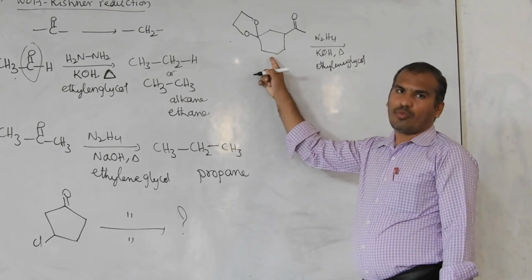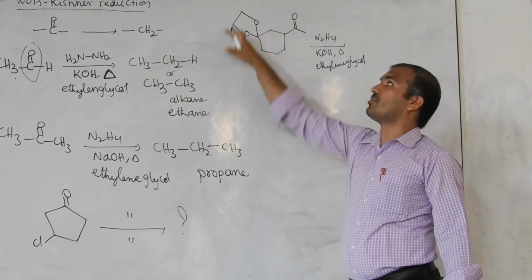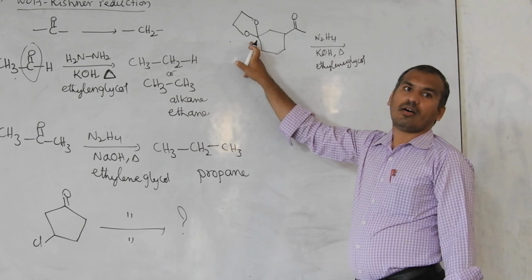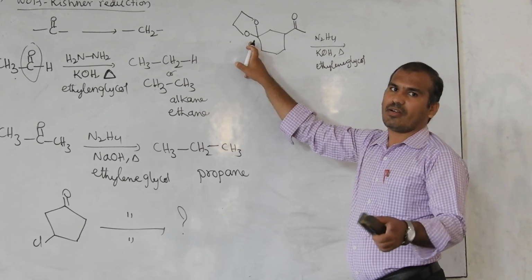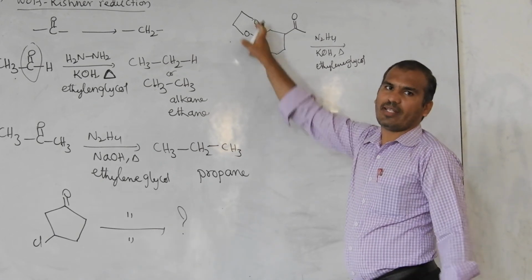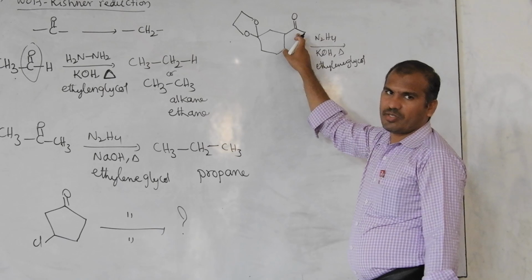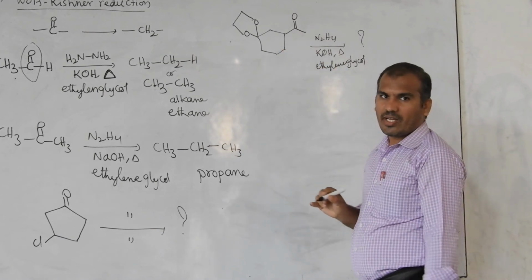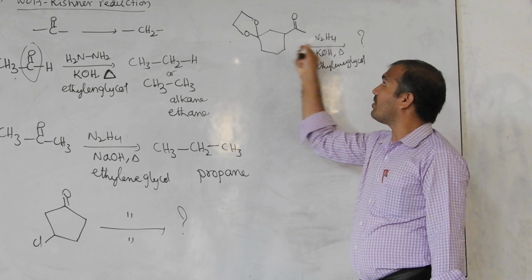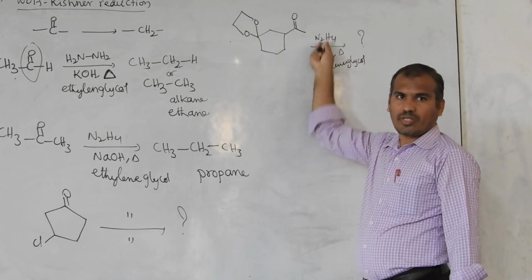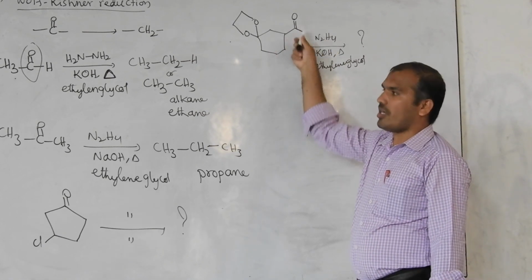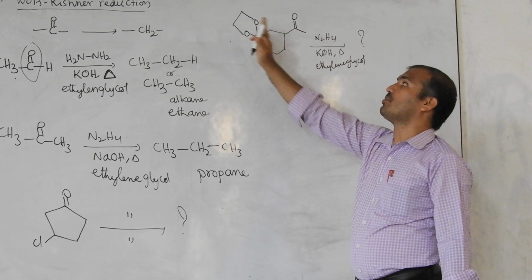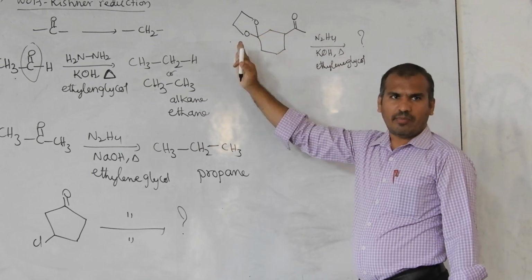Now, if compounds are like these, this form is what you call acetal. Already we discussed that an aldehyde or ketone reacting with alcohol forms acetal. Now this ketone, then what is the product formed? This form is reacting with this or not? Whatever the reagent given, this is already reacted to alkane. But what will happen here? It remains the same or it may